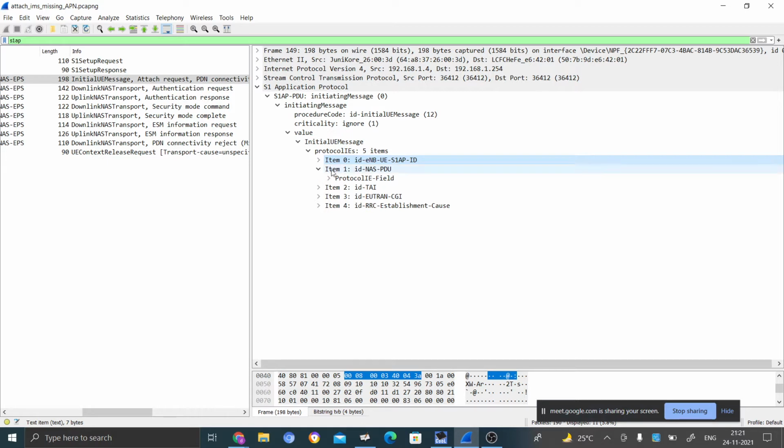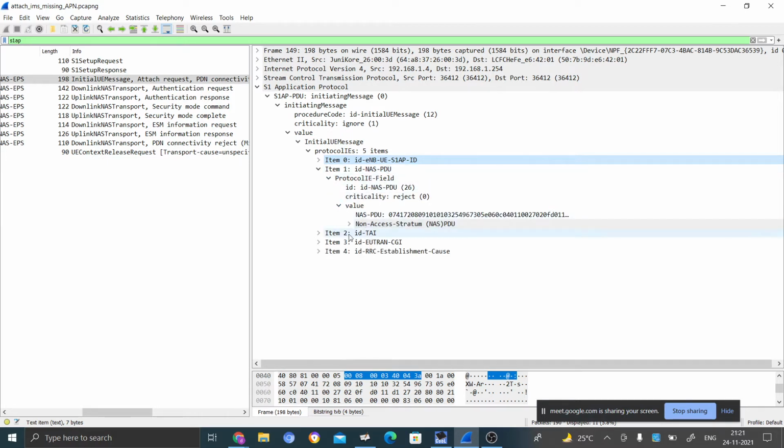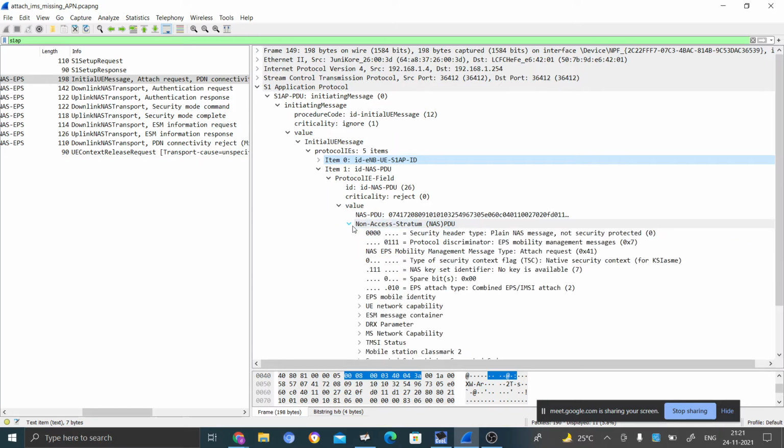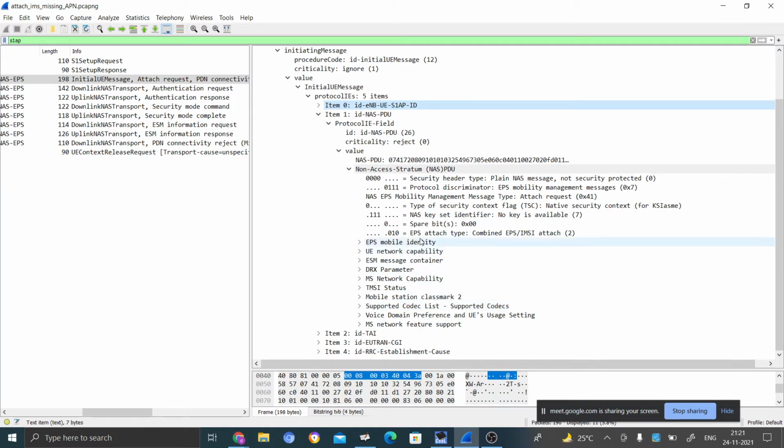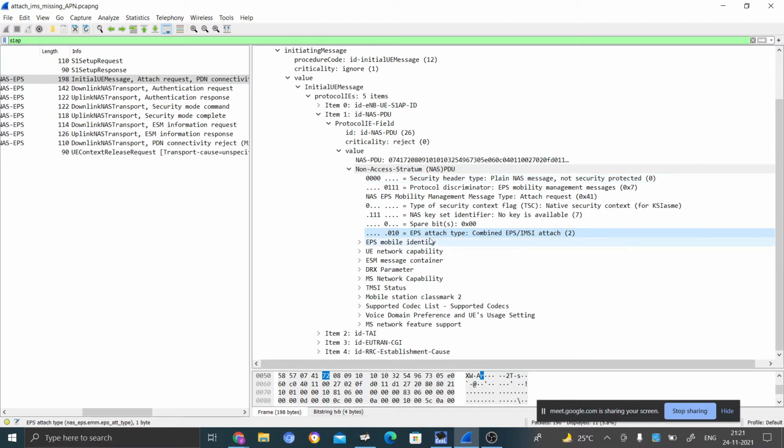I am opening the NAS PDU. The NAS PDU is an attach. Attach is a NAS message, you can see. So what is this? EPS attach type, combined EPS IMSI attach.